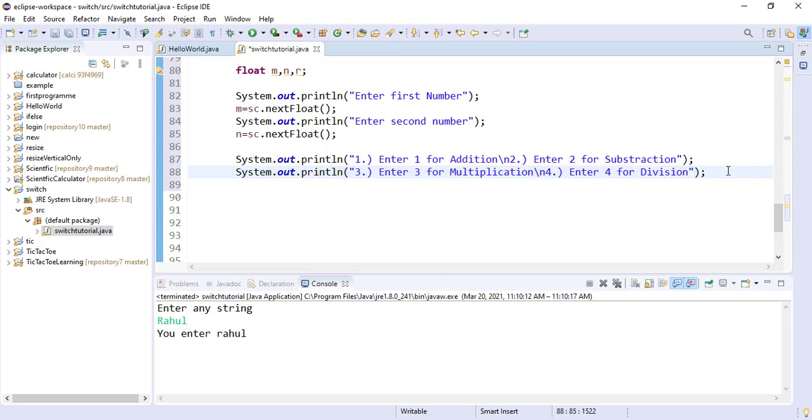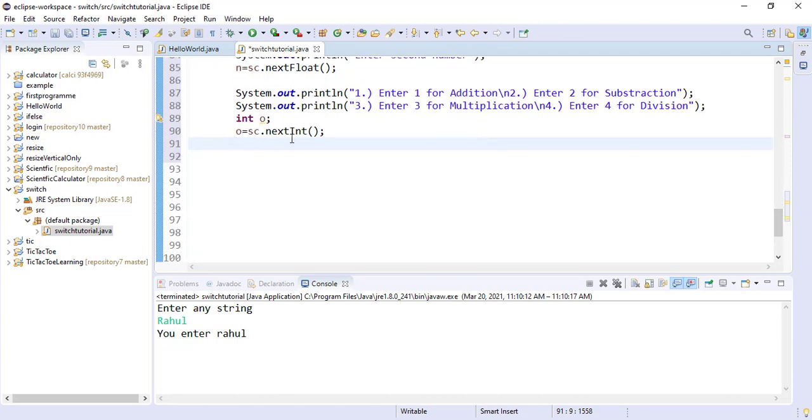Now let us suppose the user enters any number, then I have to store that number inside a variable. So I simply declare a variable of int type, and I give the variable name o, then semicolon. I have to store that number inside our o variable. So sc.nextInt, this is just for integer type, because I can't traverse the switch case using float. I have to simply take an integer. So this is fine. Now I have to switch the o variable, switch o, then take 2 curly braces, and